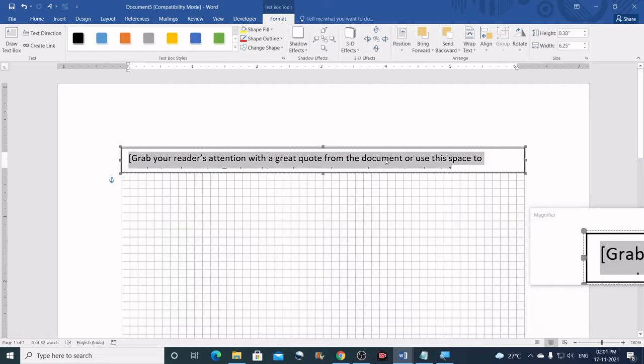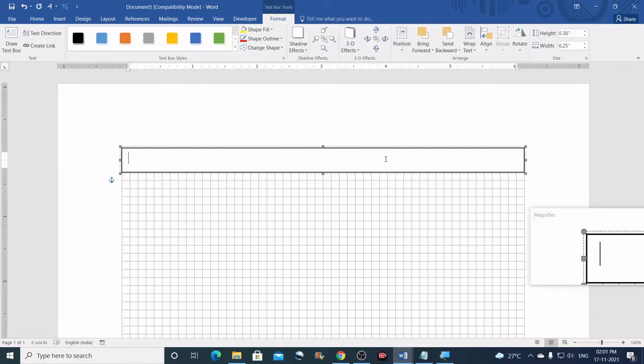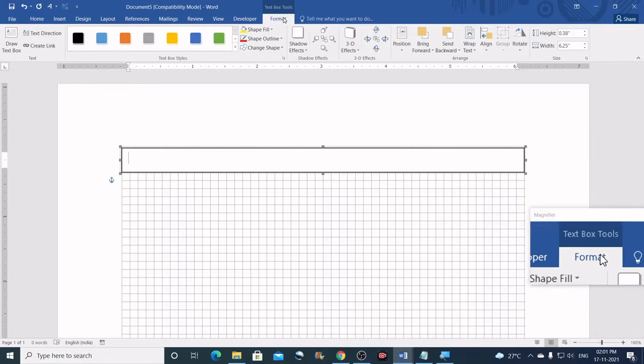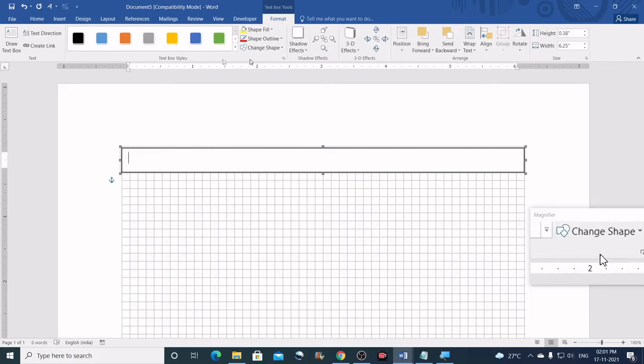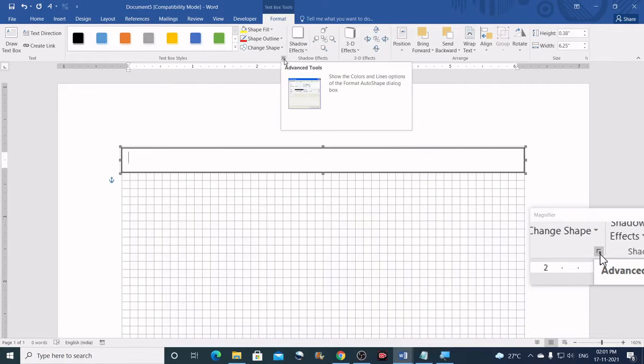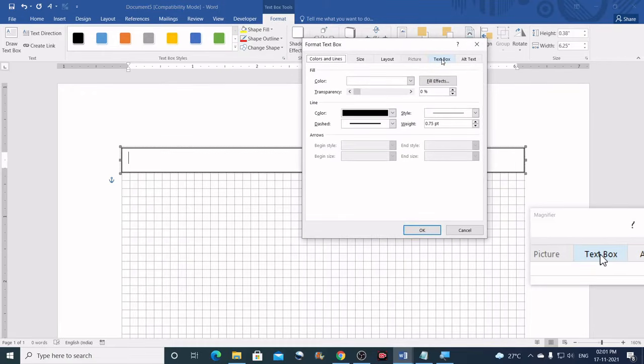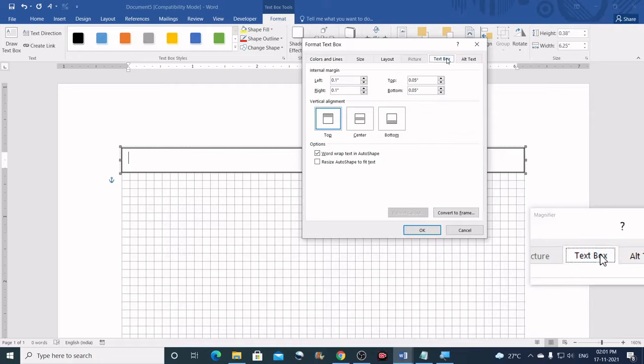Now what you can do is make a single click inside the text box and delete the placeholder text, and then keeping the text box still selected, go to the Format tab and click on this tiny arrow on the text box size, and then go to the Text Box tab here, and set the top and bottom margin to 0.